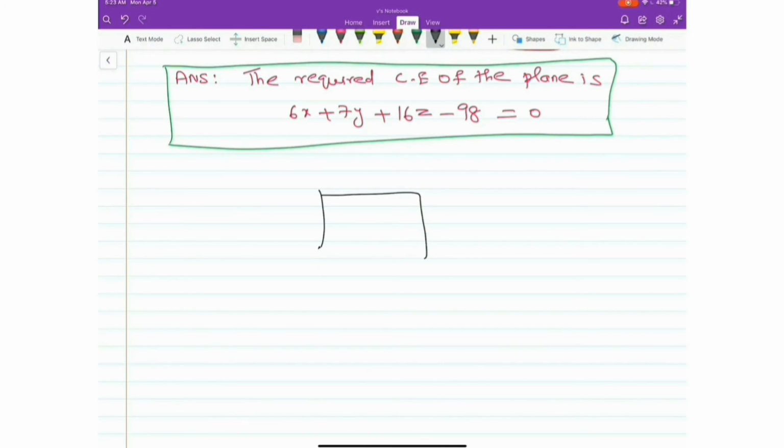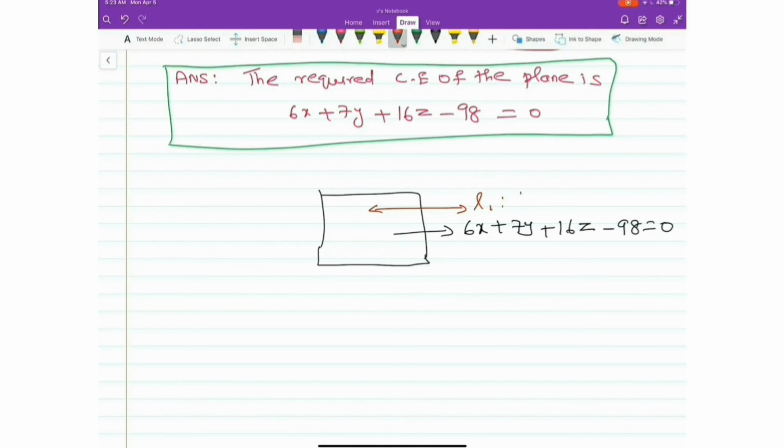You know this is the plane. You got the equation of this plane just now as 6x plus 7y plus 16z minus 98 equal to 0. But what are the two things given to you already? This plane contains the line, take it as L1, that is what we took actually, which is